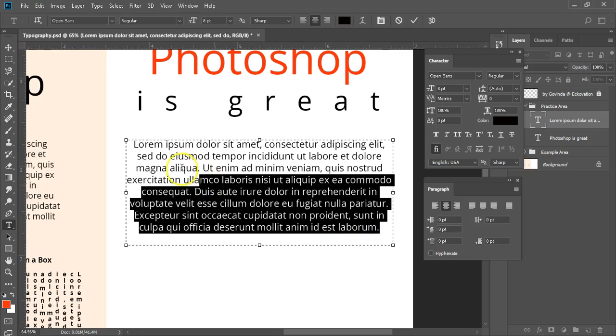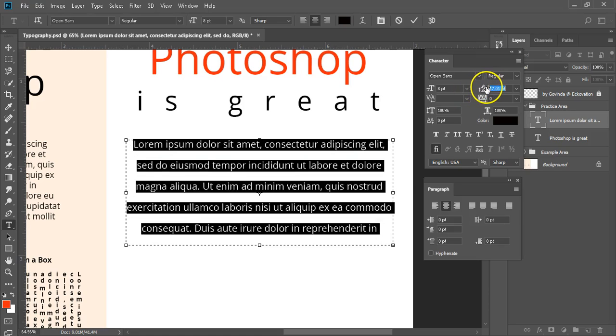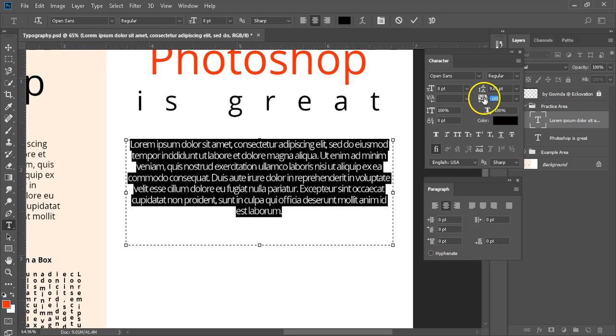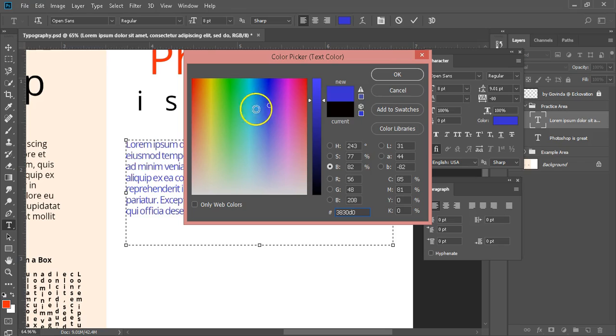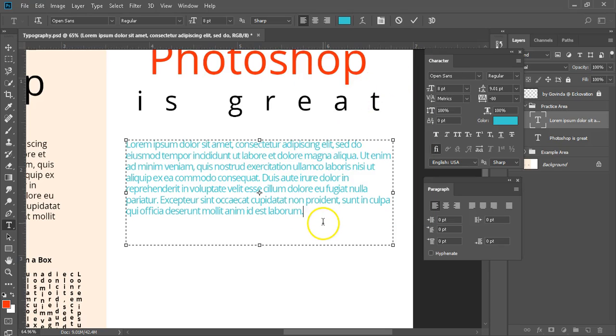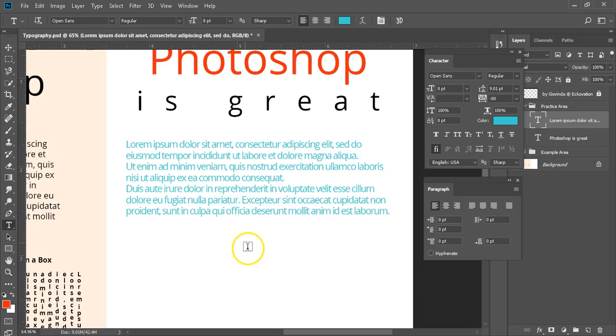Inside the bounding box, we can apply all the settings and customizations we did before. We can change the leading, we can change the tracking, we can change the alignment, and we can also change the color. It is as simple as any other word processing program. If you want to change a paragraph, you will press enter, of course. But if you only want to break line, you can press Shift Enter to do so, in case you didn't know. Now get out of the edit mode by pressing Ctrl Enter and use the move tool to move the entire paragraph to a desired location.